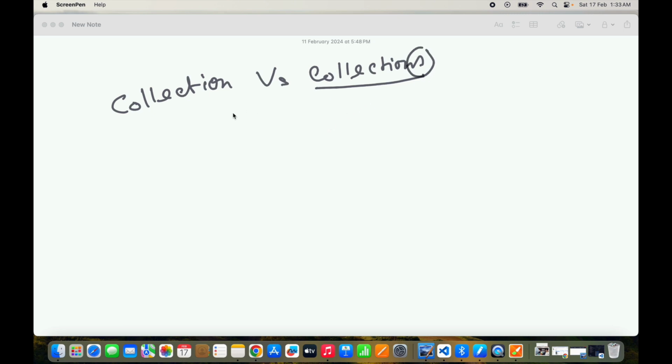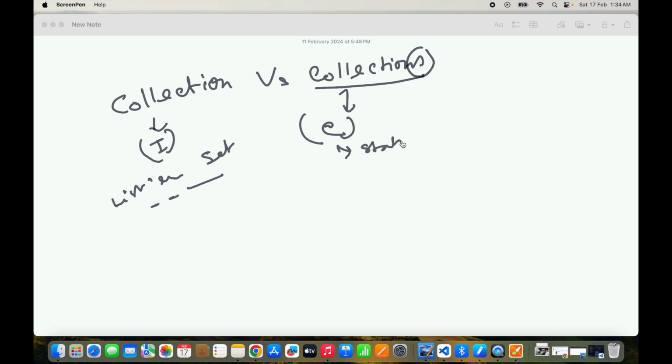Collection is what we learned. It is an interface, but Collections is a class. Collection has sub-interfaces like List, Queue, Set. But Collections has generic static methods